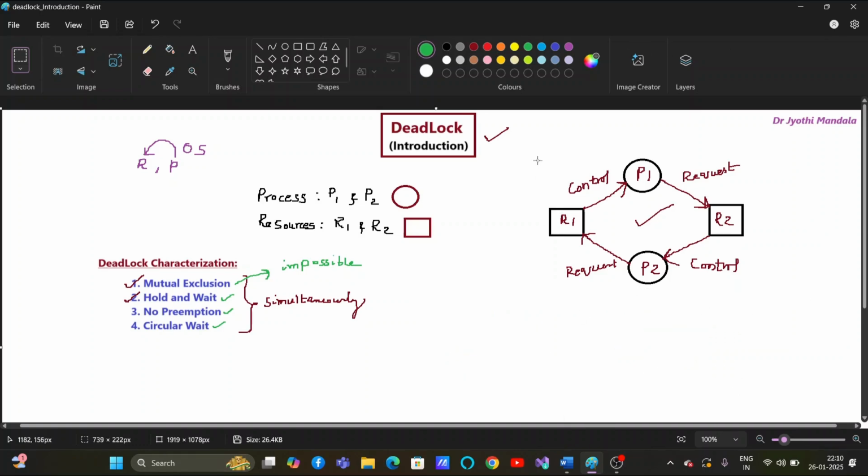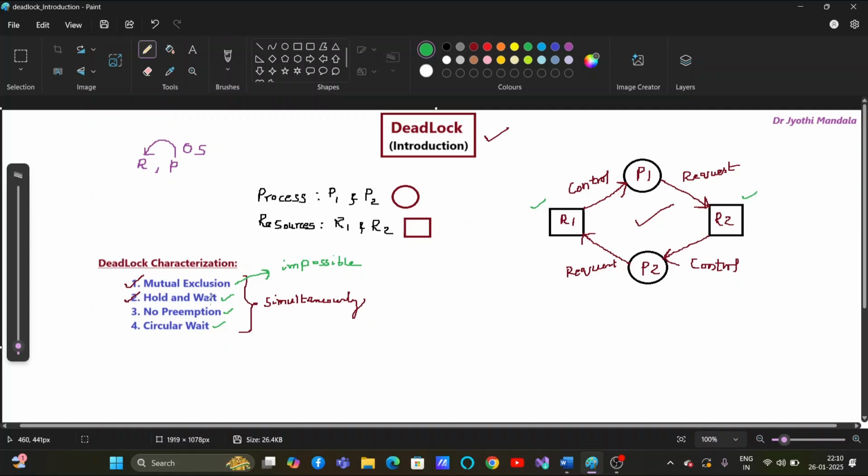That is exactly what is happening here. Did you see why the deadlock has happened here? The process P1 is holding the resource R1, and it is requesting R2, and process P2 is holding the resource R2 and requesting R1. So because of this hold and wait, where one process is holding some resources